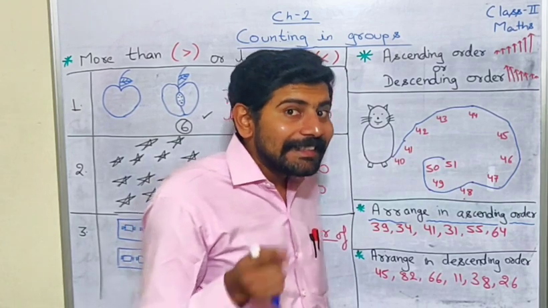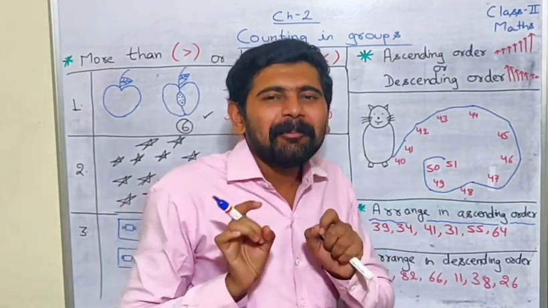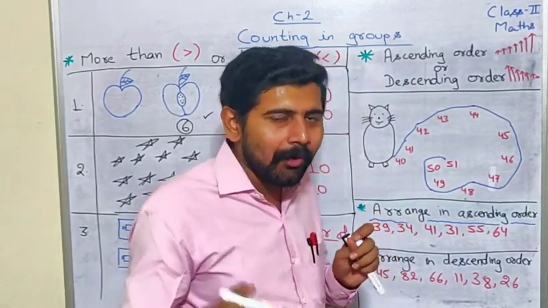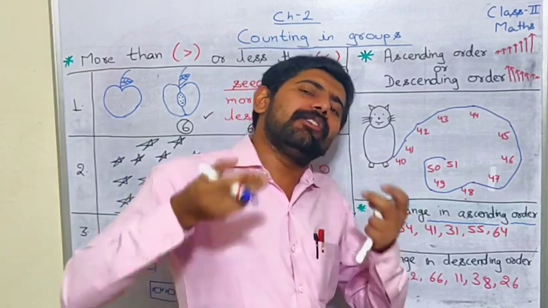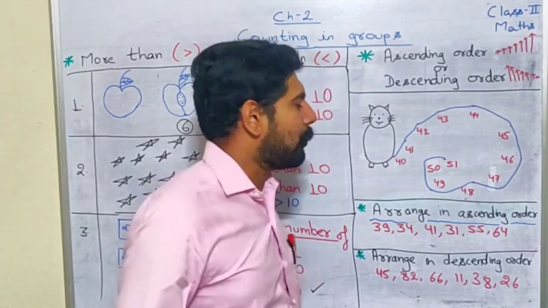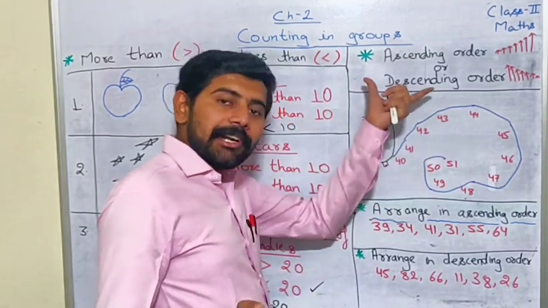Can you make it? She says meow, meow. She comes doing meow meow and goes to a kitchen and drinks up all the milk which she finds there. Oh, okay. We have understood the concept of ascending order now.